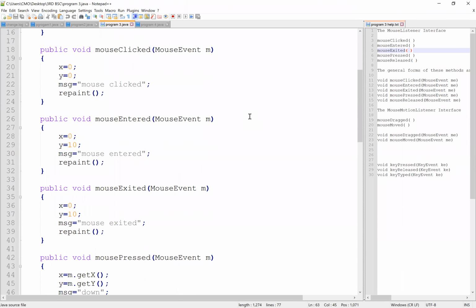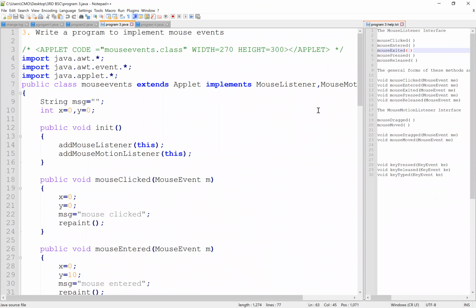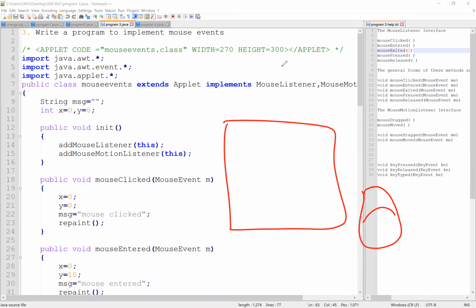In this, how will you get this output? Let's see. Consider this is your window screen, and this is your mouse. Once you move your cursor inside your window, it will show mouse entered.